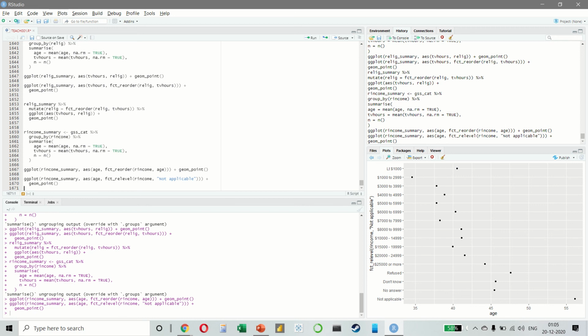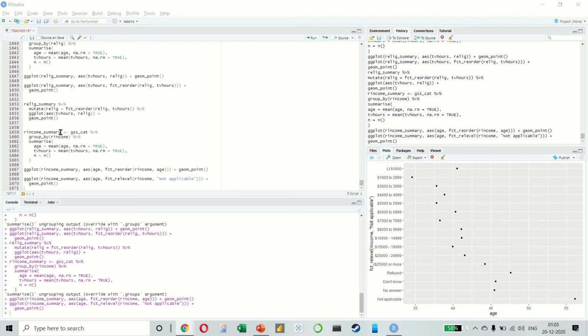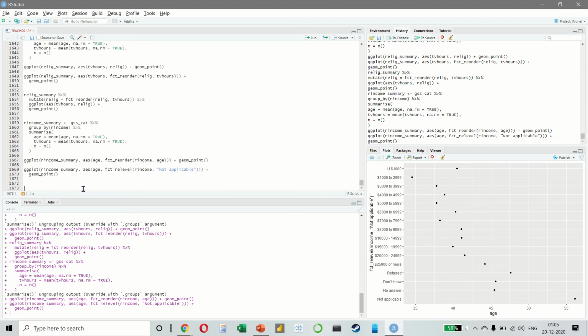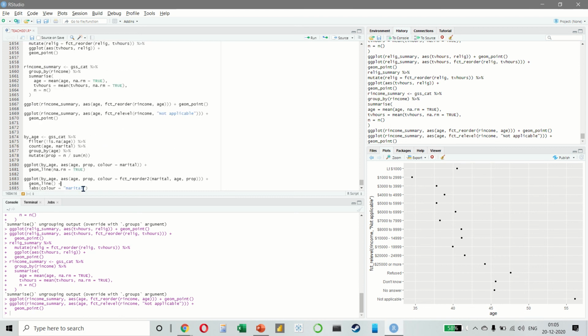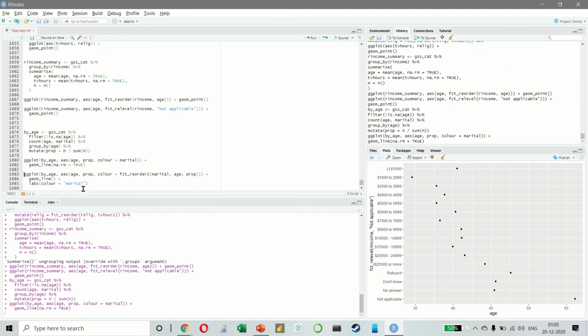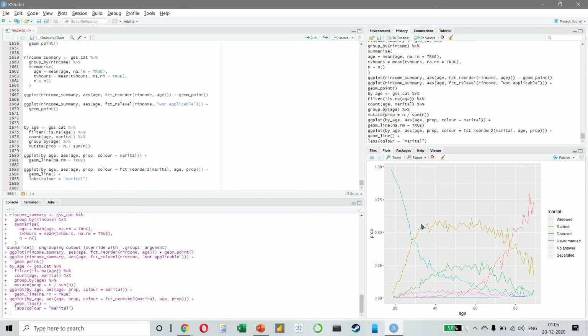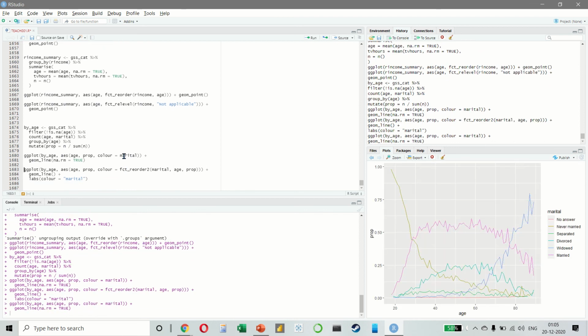Now, another type of reordering is useful when we are coloring the lines on a plot. Let's take an example. Like this. Let's look at the first one, this one, and then let's look at the second one, this one.